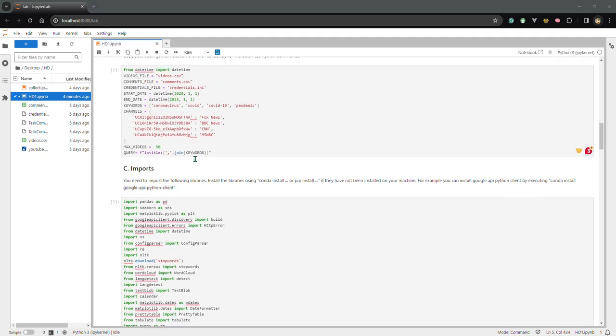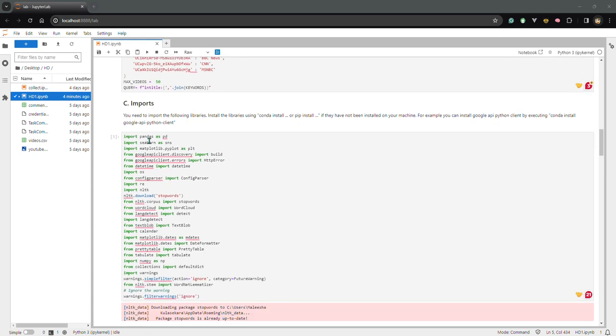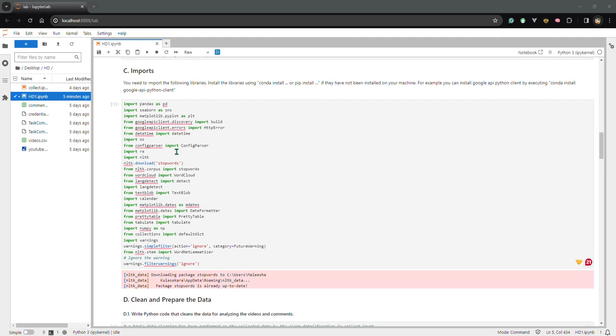In this task, I needed to import the following libraries, using them as a cornerstone, and these are my guidance. So importing the necessary libraries is the main part of this. We start by importing essential libraries required for data manipulation, analysis, and visualization. This is my full code, so I'm going to describe it. We have done that by importing our libraries.